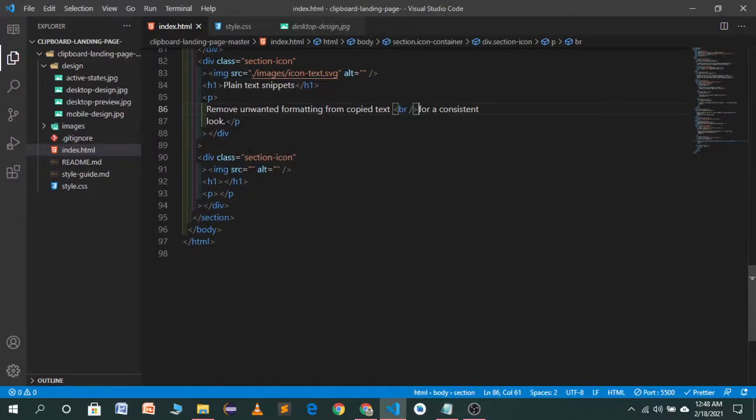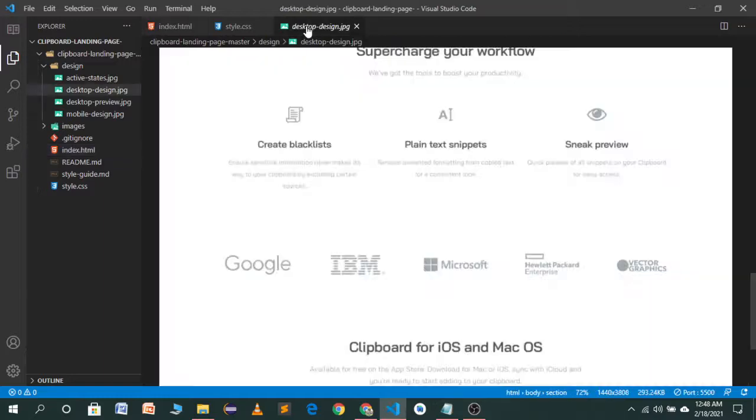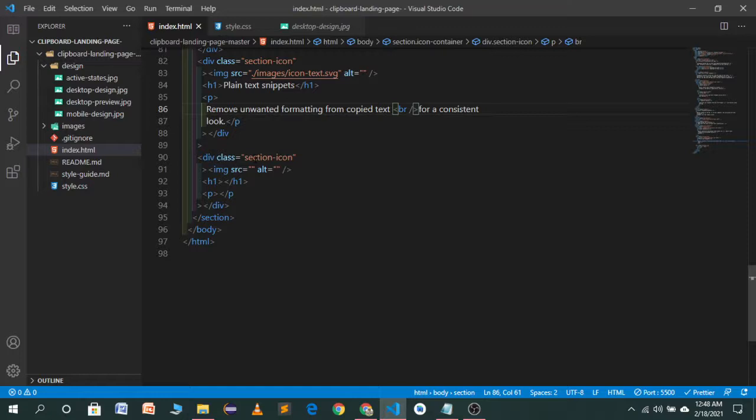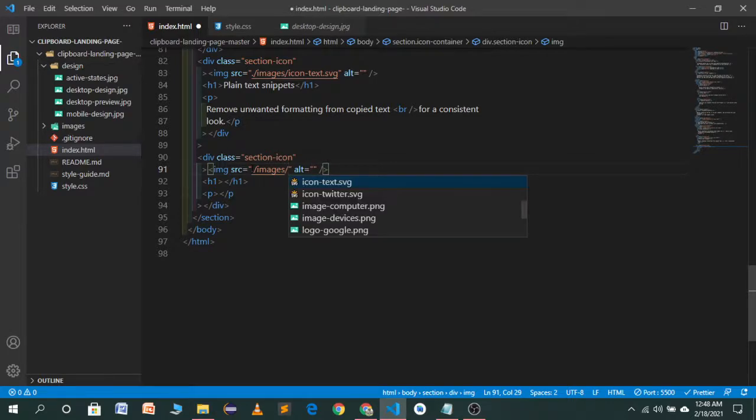Now the third part is remaining. Here I want an icon which is a sneak preview. So let's go to our images. Where is the sneak preview? What's happening? So I think this sneak preview icon will be here.